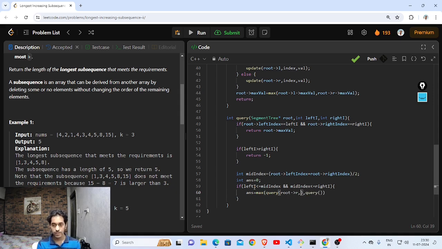This will be root right, comma, left index, left I plus until mid index, and here it will be root, sorry, this will be left, this will be root right, comma, mid index plus 1, comma, right I,